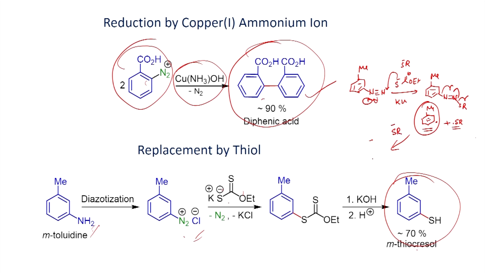You will be able to form, you can write like this, a radical anion, which can react with the diazonium salt, and you will be able to form the coupled product,